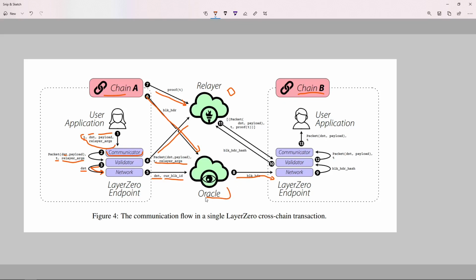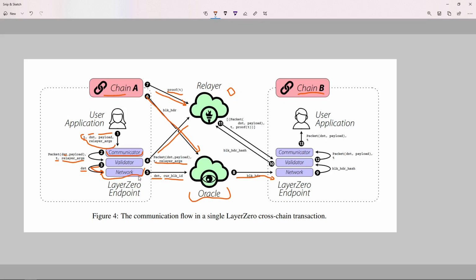Okay, this Oracle is on-chain, but the LayerZero service has been created in such a way that it constantly watches these contracts to notice if there is any transaction which involves cross-chain messaging. It constantly monitors this contract so that if any function is called which emits an event, it will be looking at it and start processing all these things. So it first passes to the relayer; the proof will only be fetched once the transaction is successfully created on the source chain. And it stores it over here.